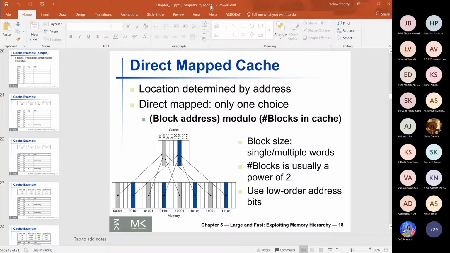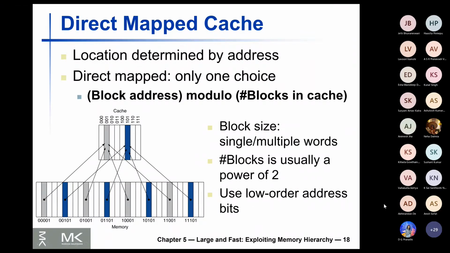So we will continue from our discussion in the last class. In the last class, we discussed different cache organizations. When you are dealing with cache, you have to remember that we will deal with chunks of data which are called blocks or cache lines. I prefer the term block, but cache line is also very popular. A cache deals with chunks of data in terms of blocks. So when it fetches data from memory, it will fetch data in terms of multiples of blocks.